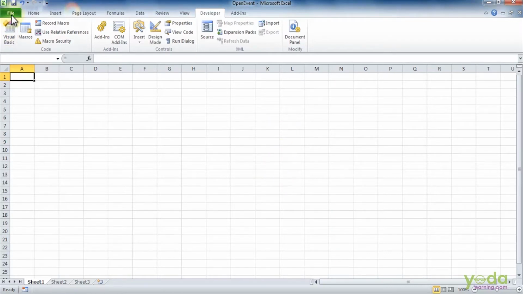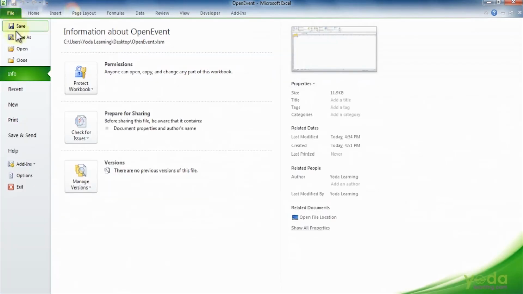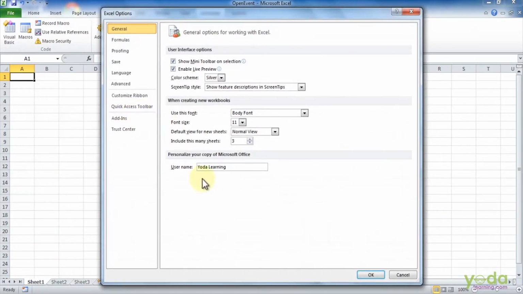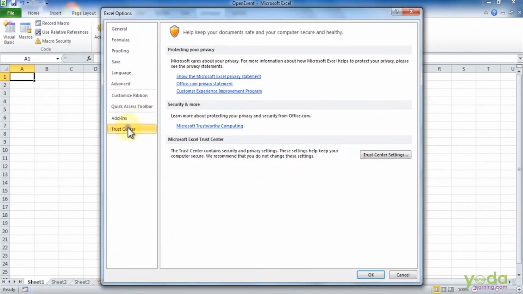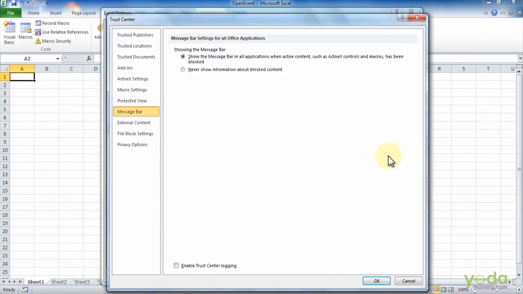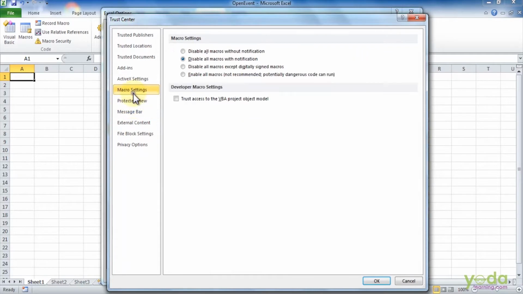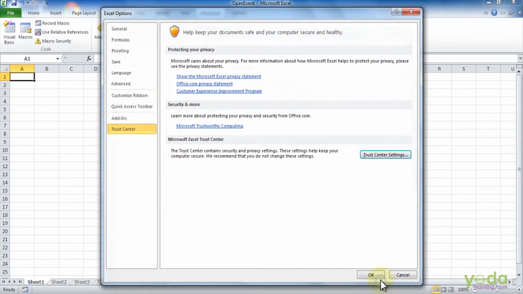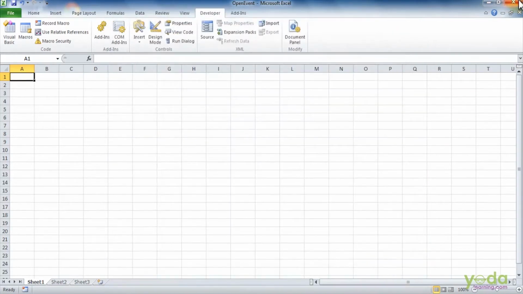Now you can also make it an auto open event. You can go to the Options tab, and in the Trust Center settings, you can enable the macros here and say okay, and close this workbook.